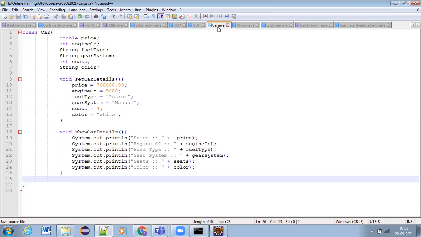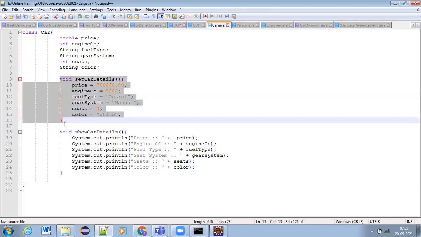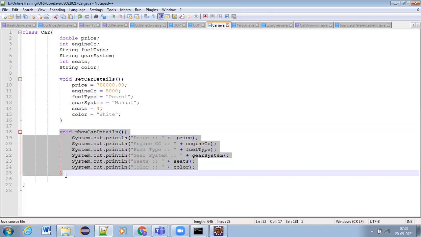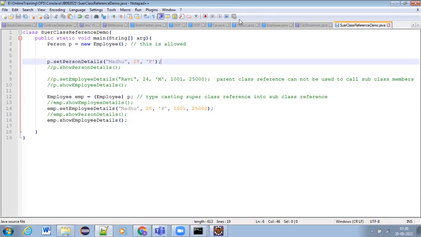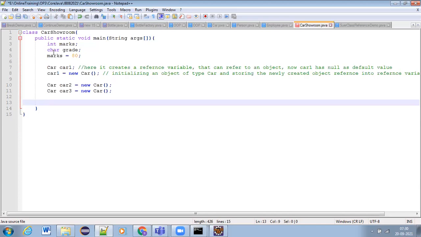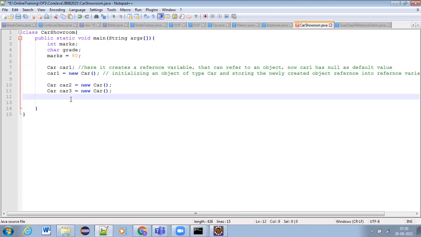If we store some value, then only we can see that values as outputs, right? So what we have here? We have methods, right? We have to call these methods. If we want to call any member methods of a class, that we can call using this object, whatever we are creating here. Object has been created, right? So using this object, we can write.